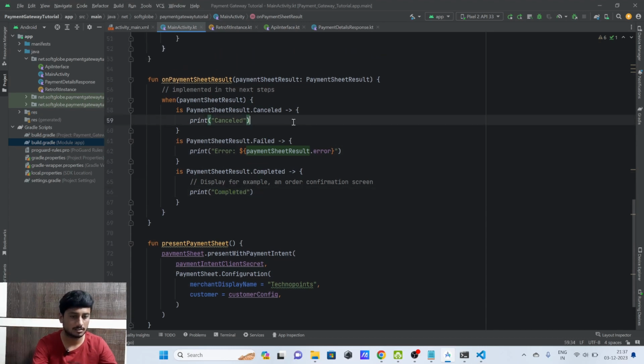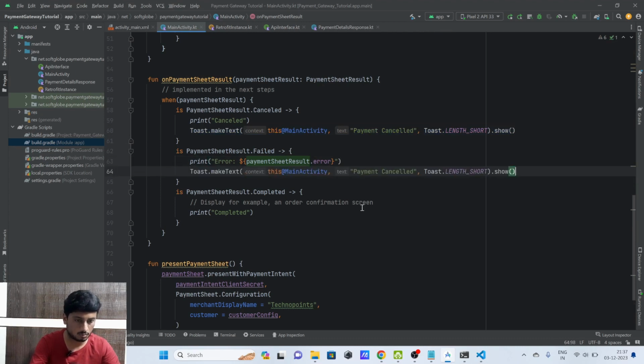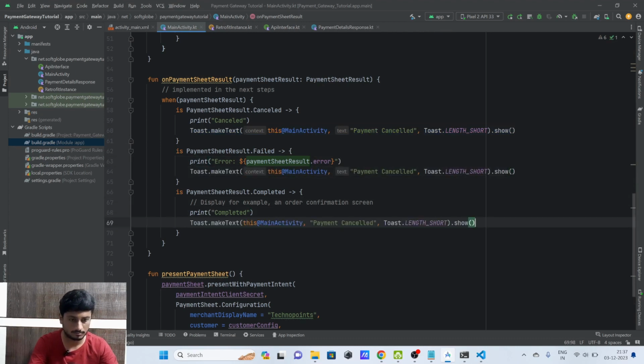So we can just put some toast message here in order to see those things on the UI. This main activity, payment cancelled, and we are copying the same toast message in the two places as well. Here is payment failed, and here will be payment successful or completed. Payment successful. Okay,